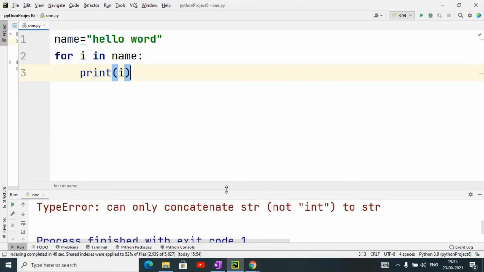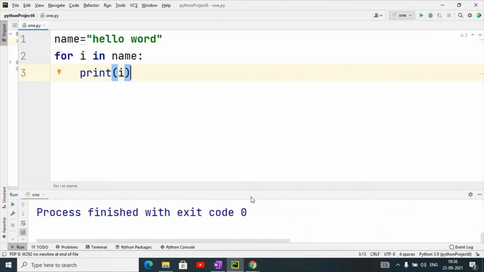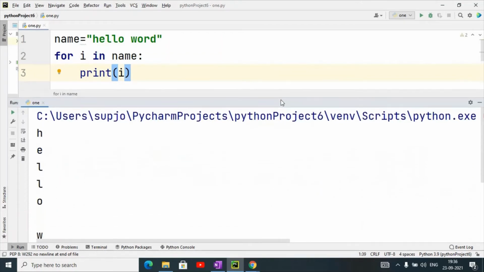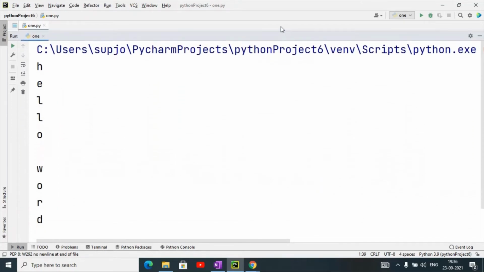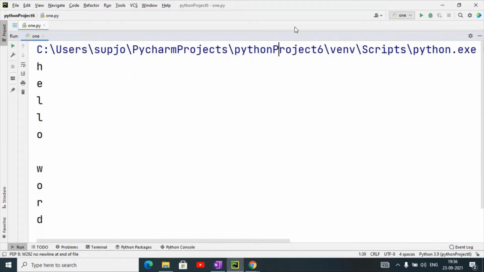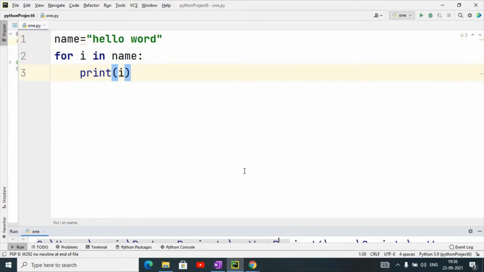It simply prints the string like this. But the question now is that we have to print in reverse order, not in simple order.